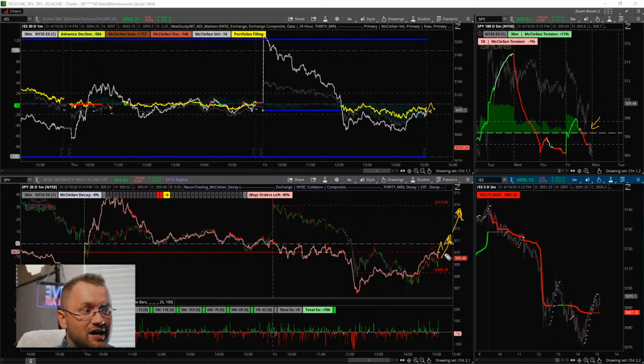And if this opens higher, there's a really good chance the market's going to want to keep going, run them out, and we'll be seeing new highs getting up to like 315 or so through this day's highs. That's what this looks like to me. So you're going to have to use the tools that you have, that you love, that work for you, and do the best that you can to take advantage of this idea.